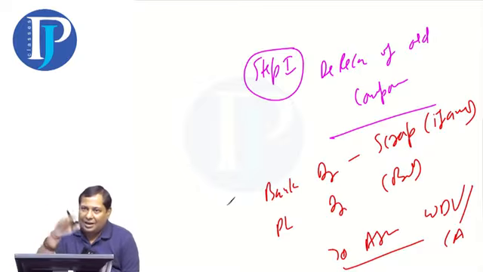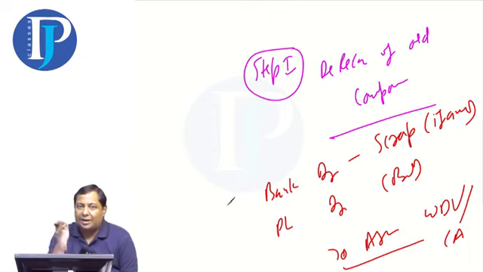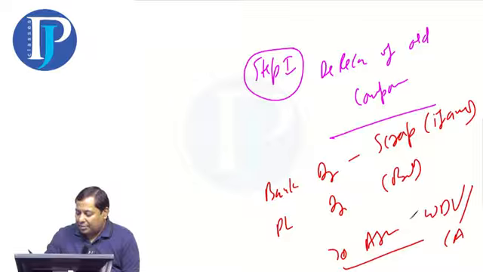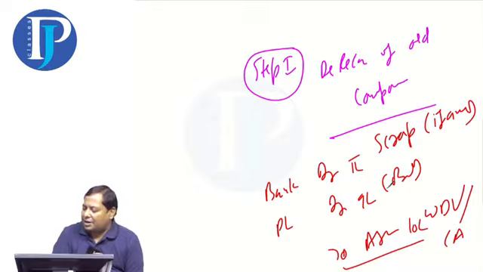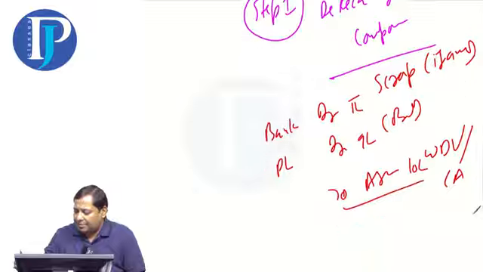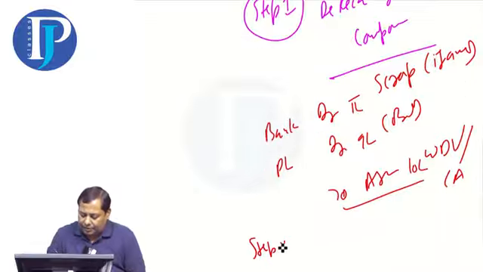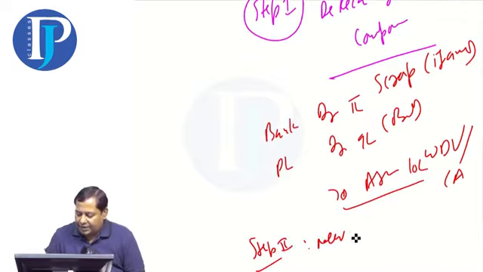The old one will be removed and a new one will be brought in. So first the old one will be removed. If we remove the old one, we need to do 2 things. One is to remove value from the books and the other is to record the scrap. Let's say the value of your books is 10 lakhs. You received 1 lakh, so 9 lakhs were lost. When you write off in P&L, then you have removed the old asset from your books. The second step is to record the new asset.